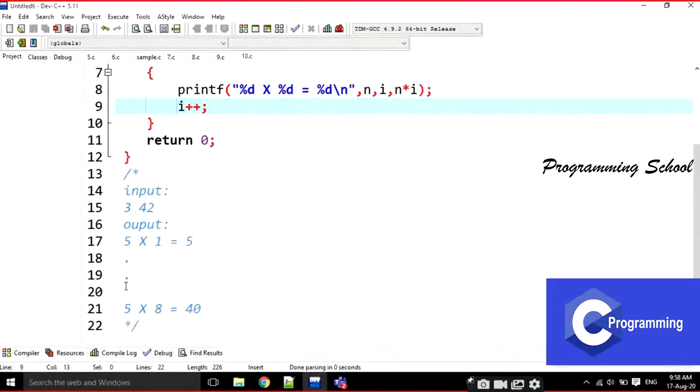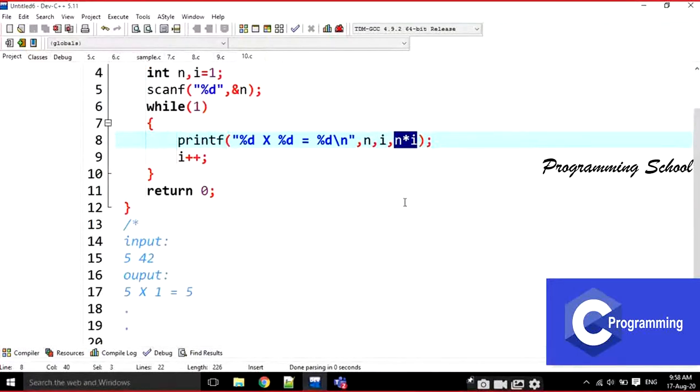Look at this. Where do I have to stop here? When do I have to stop this? If the result is greater than or equal to 42. Yes, this is the result, right? N star i, for example, if n star i is greater than the result, we have to read some result also.